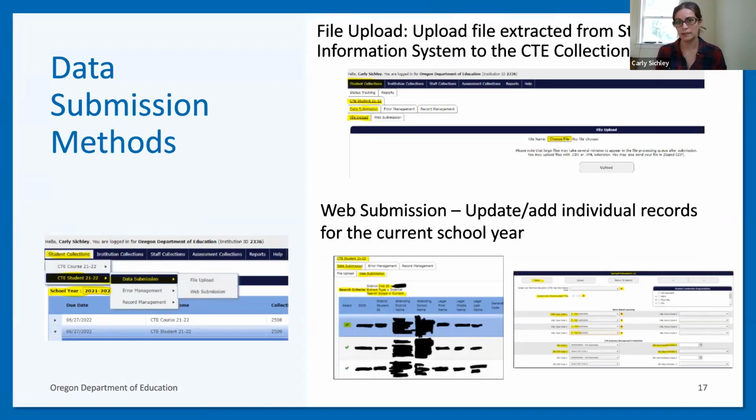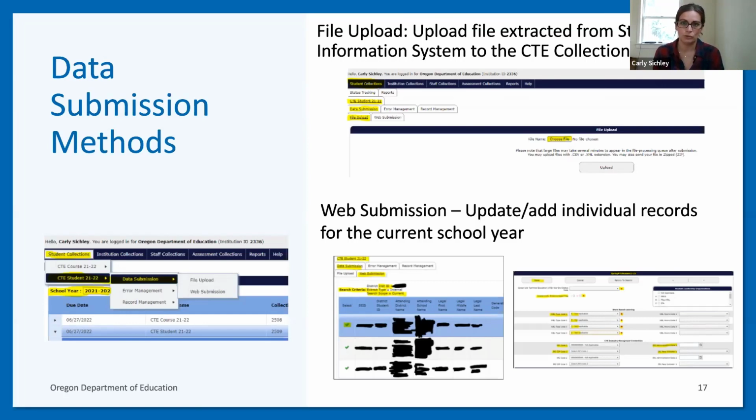The file upload is a file that you have extracted from your student information system, and we don't have access to the student information system. My best understanding of that process is there is some magic way to pull that file from your student information system, and it should have all of the necessary fields that match what the collection is asking for.